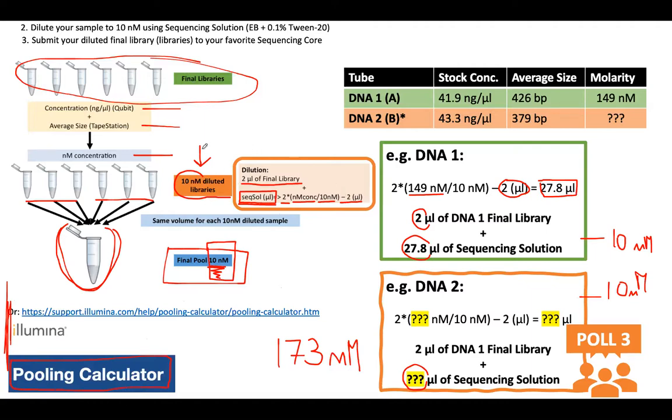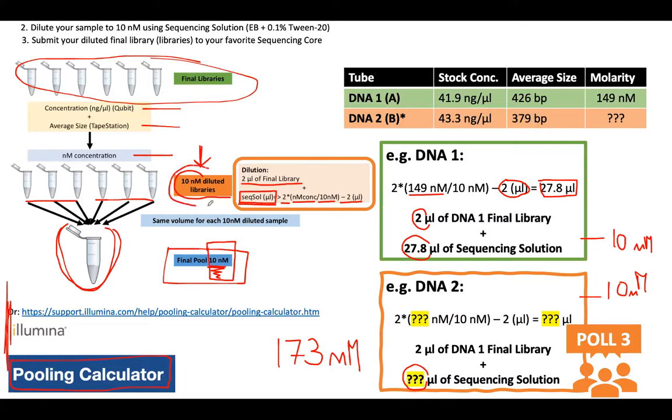I prefer to do the dilution step because I have control over the volumes that I'm pipetting. Sometimes the Illumina pooling calculator is asking you to pipette 0.3, 0.4, 0.5 microliters, which is not a very accurate pipetting step. And also